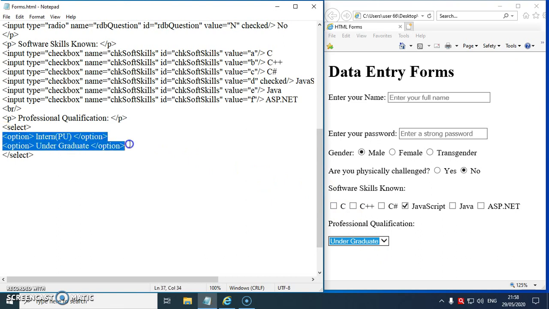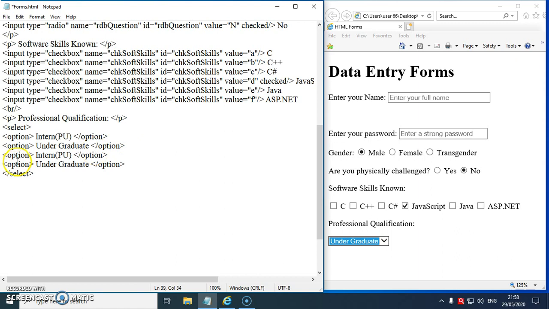So I'll create more options here. I'll copy this, click enter and paste, and I'll write here postgraduate. If a person is doing post graduation, he may select that option. Here I'll write PhD.